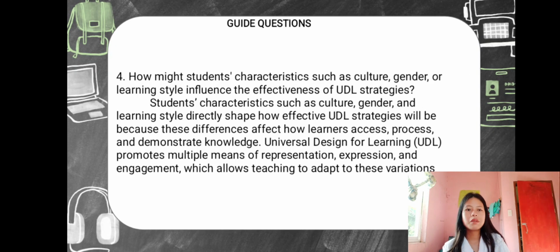So, guide questions number 4. How might students' characteristics such as culture, gender, or learning styles influence the effectiveness of UDL strategies? So, students' characteristics such as culture, gender, and learning styles directly shape how effective UDL strategies will be, because these differences affect how learners access, process, and demonstrate knowledge. And then universal design for learning, or UDL, promotes multiple means of representation, expression, and engagement, which allows teaching to